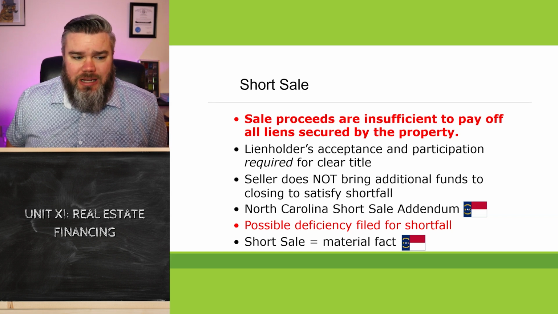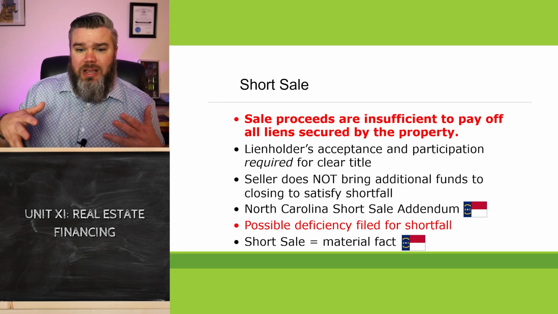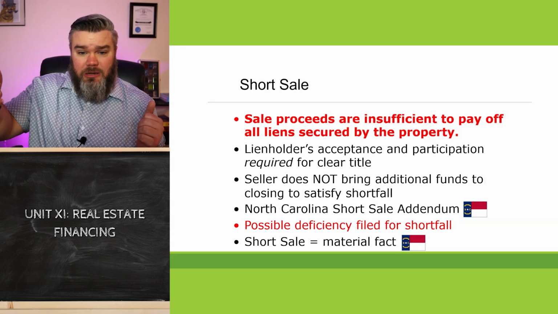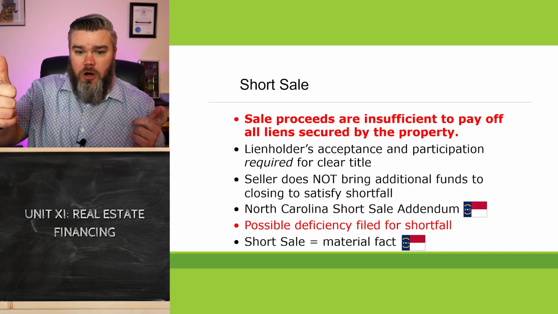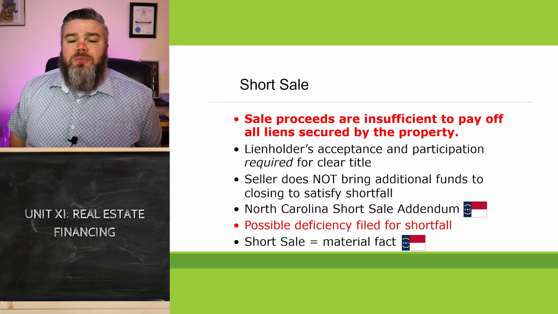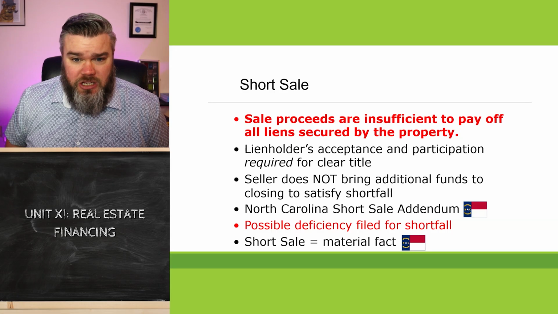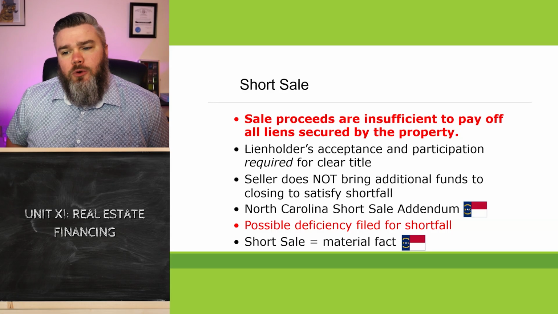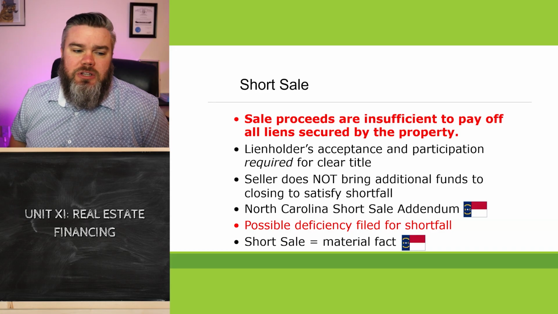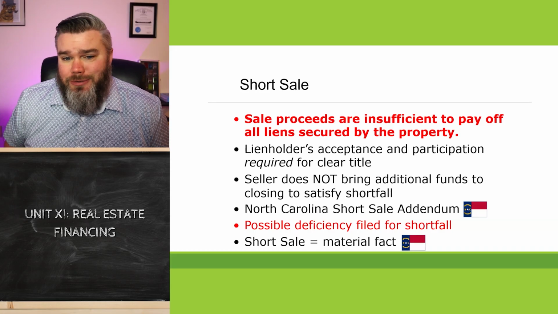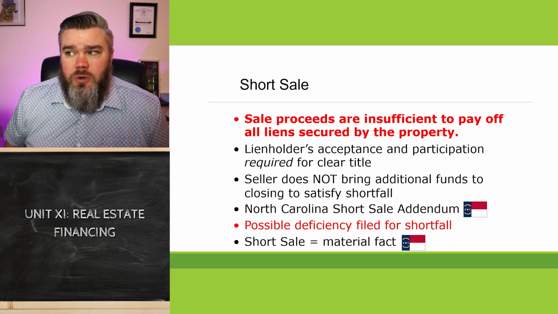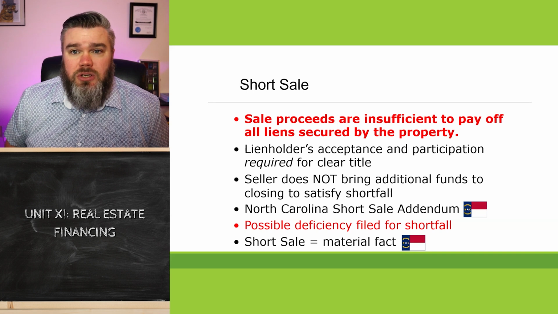Typically, a short sale is the lesser of two evils in some instances. Why? Because it's going to be a very controlled sale listed by a real estate broker who probably knows the market. The other thing, too, when you're dealing with a judicial foreclosure in those lien theory states, that can be very expensive and time consuming. They're going to be spending a lot of money on the legalities. Now, of course, it's easier in North Carolina, but even still,